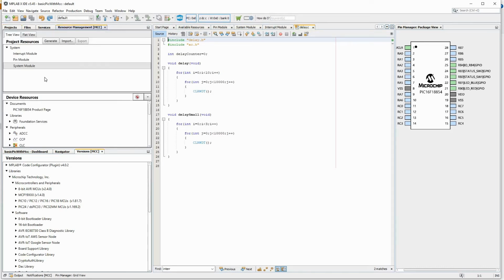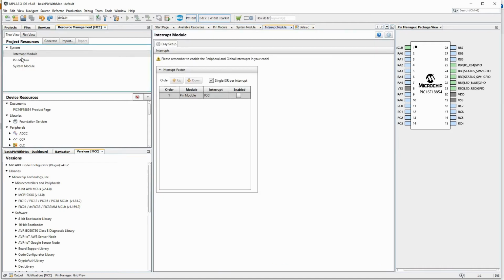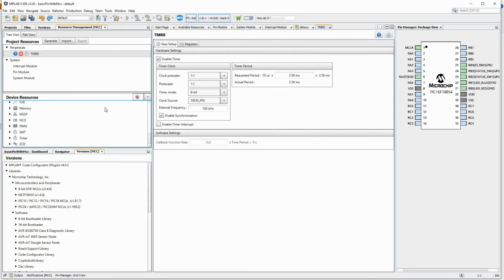If you come to Code Configurator, it will show timers. It seems to have a lot of timers, 6 timers, so let's use timer 0. We want 1 millisecond. With the current setting it is showing 2.56 milliseconds, with prescaler 1:2.